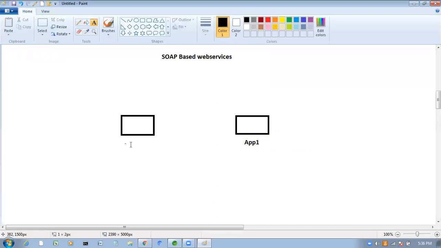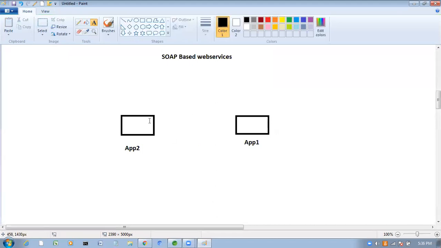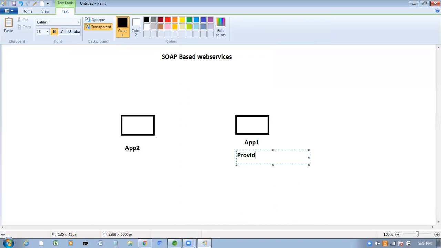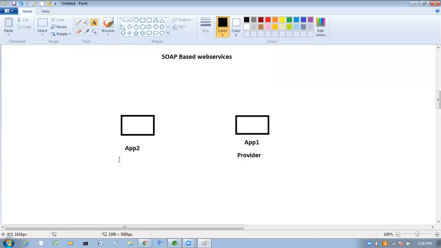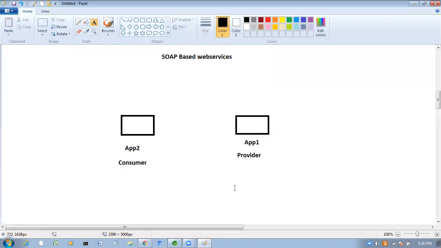Here, application 1 is the provider and application 2 is the consumer. Application 1 is the service provider and application 2 is the service consumer.